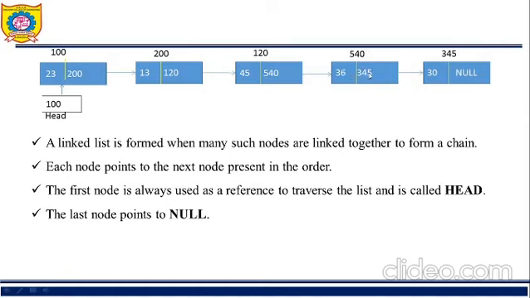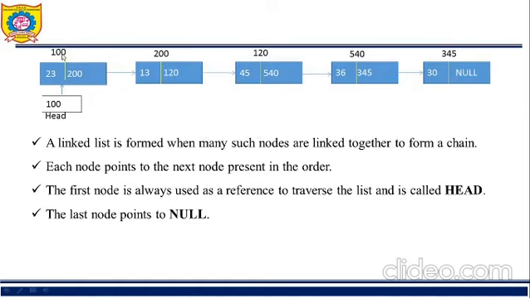So if we jump to 345 memory location, it gives you the fifth element. And if you want to know the next element in the list, and that node's next part or link part contains the value null, it means that here is the end of the list. There is no further node in the list. So null indicates the end of the list. This is called a linked list.